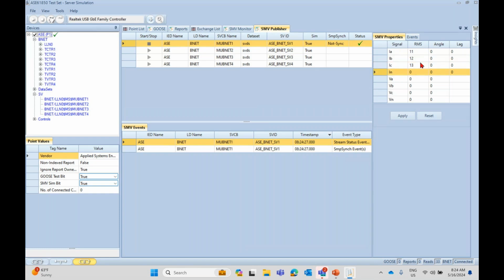for currents, and also set the phase angle, some ranges, and also set the phase voltage, and angle for phase B. These are some sample values, not really in the actual network. So yeah, here, since we have set up the publisher with all the RMS